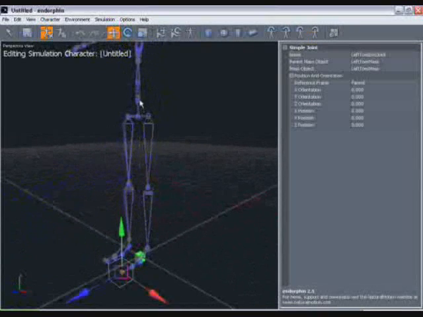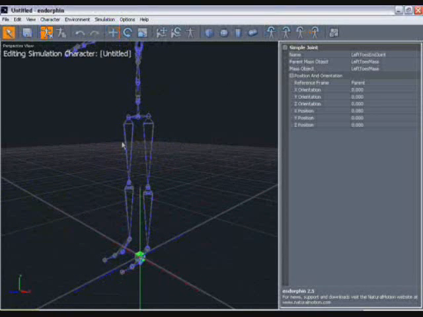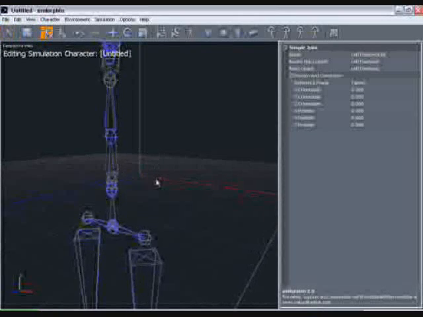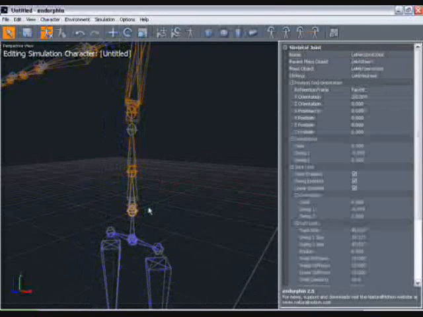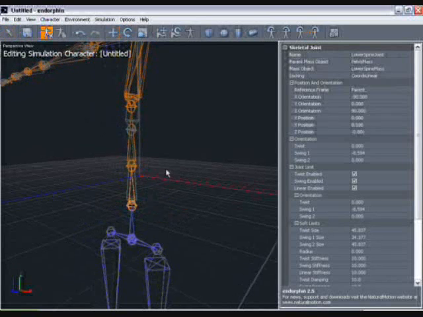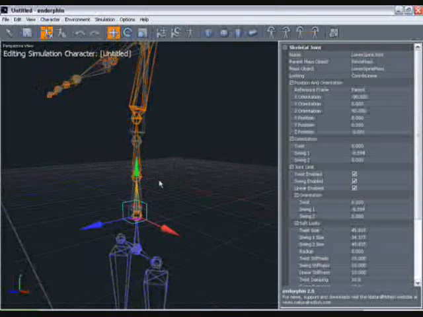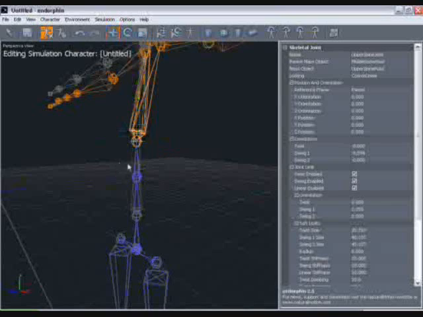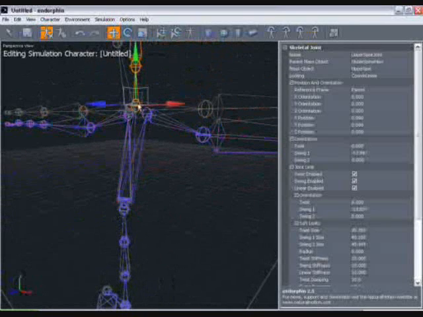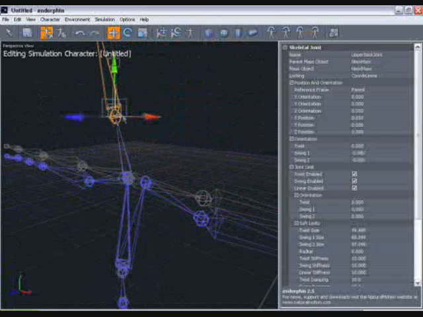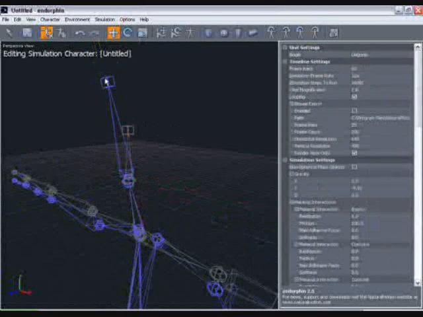So once we've got the left side all done, we just hit mirror left to right, and that puts it over onto the other side as well. Now working our way up the spine, first of all we select the first joint and snap that into place. And again you can see that the simulation character has an additional joint here, so we just leave that halfway in between and snap the next one into place. Select the neck, snap that, the head and the head end,